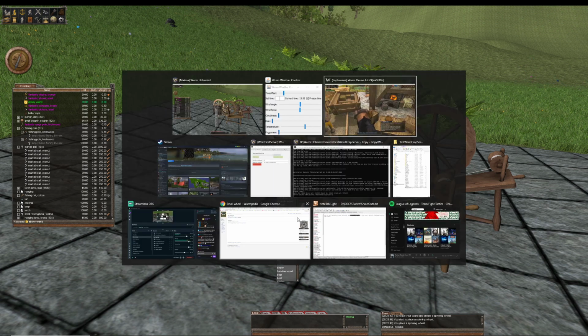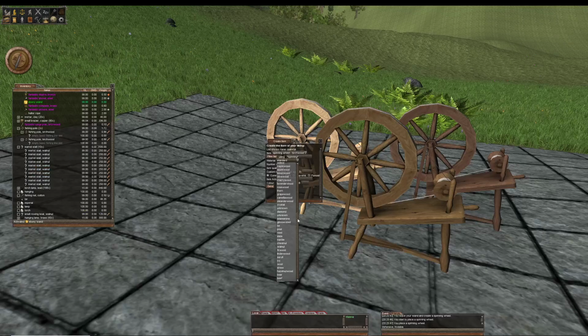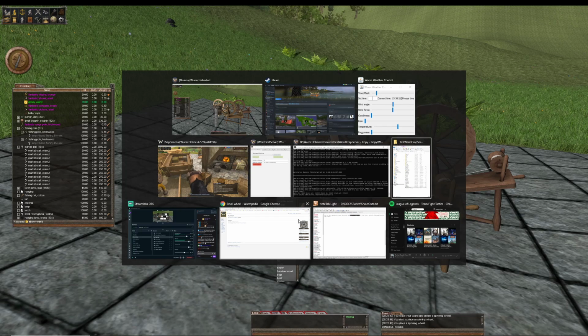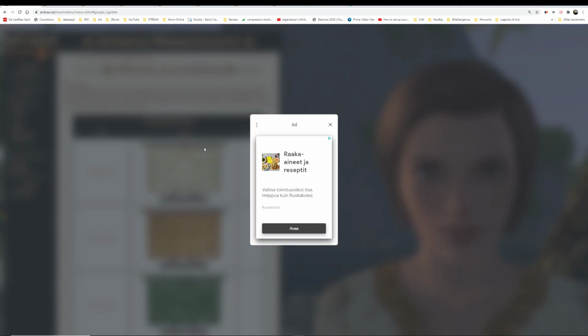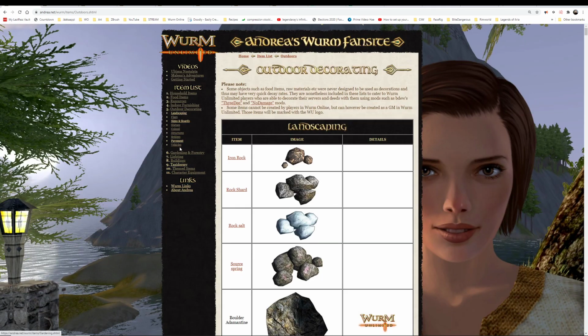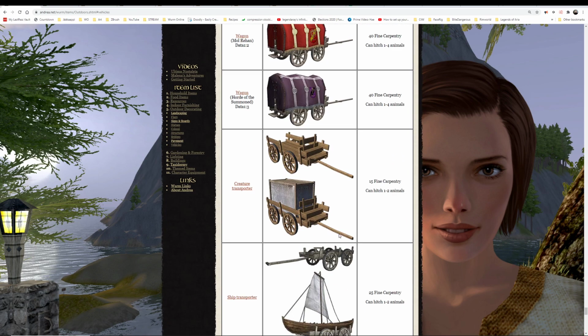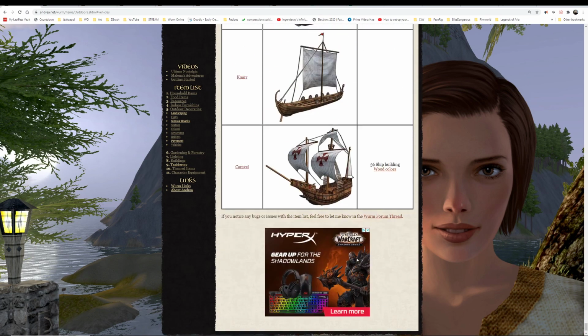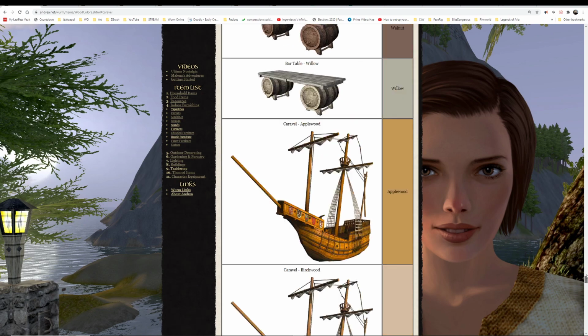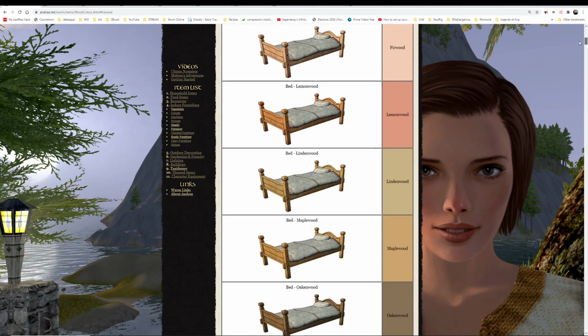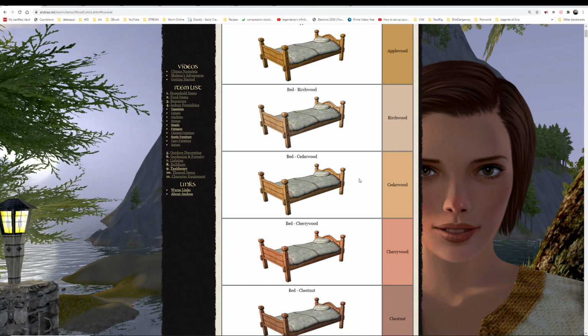I mean, if we look at the colors on the website, hold on. So if we go here to my item list, go to, for instance, outdoor furnishing, go down to vehicles, go down to the ship, caravel, then you can open this link to the wood colors. And if we just look at the wood colors of other items here,